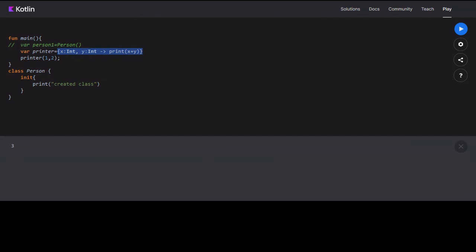Here it is not returning anything. If you want to define a type of return, you can define it here, like int.